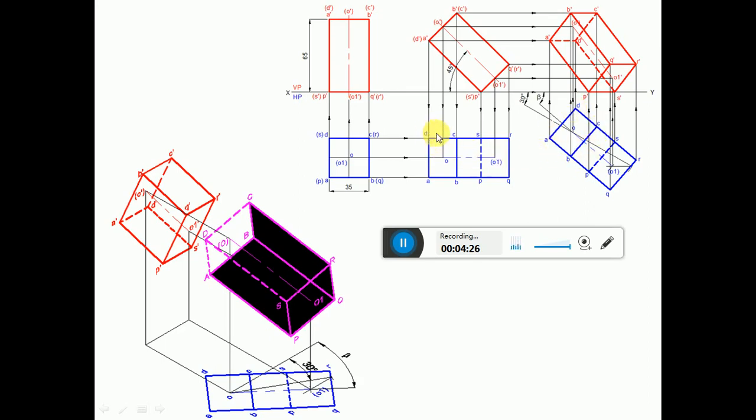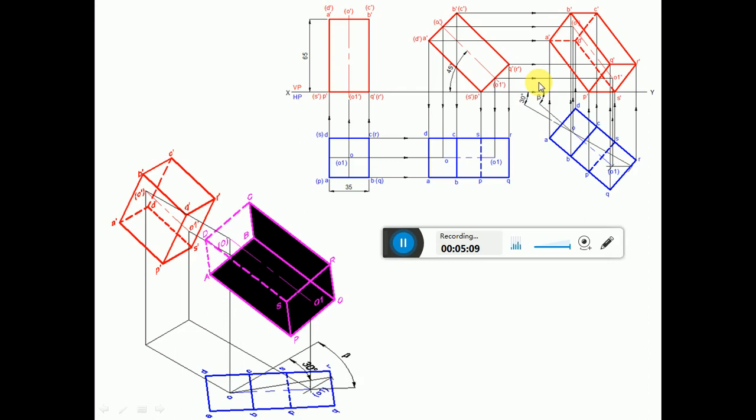Now from D you measure the distance with respect to S. From D you cut an arc on this line to get this point S. Similarly from A you cut an arc on this to get this point P, because both are equal distances. Similarly you measure the distance from D to R. From D you cut an arc on this side to get the point R. Similarly from A to Q both are going to have the same distances. From A you cut an arc to get this point Q. Then since we have transferred all the points and named them, now you join them and complete the third position top view exactly the same as that of the second position top view, including visible and invisible edges.